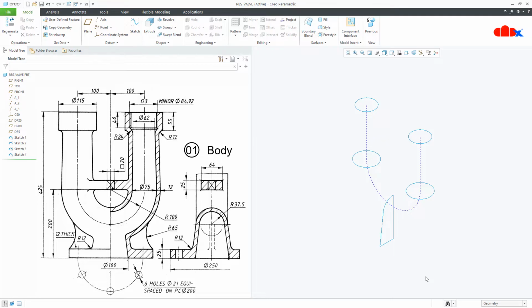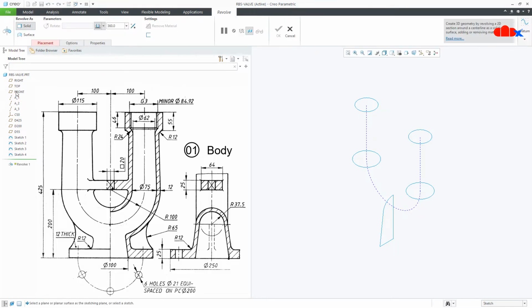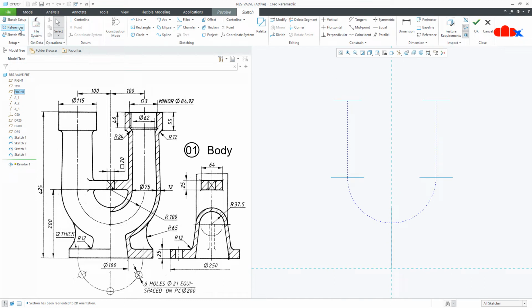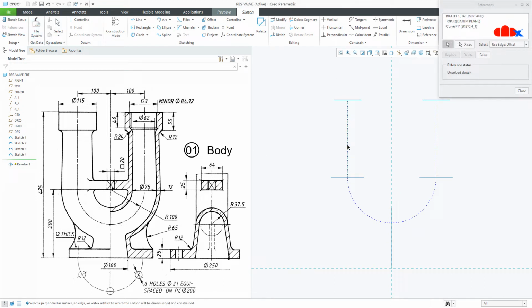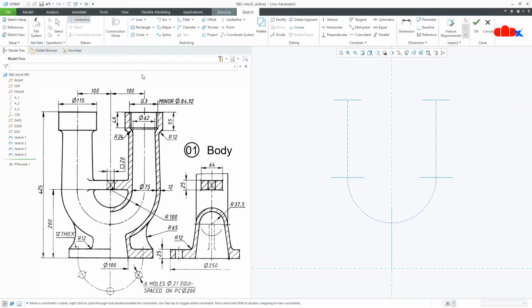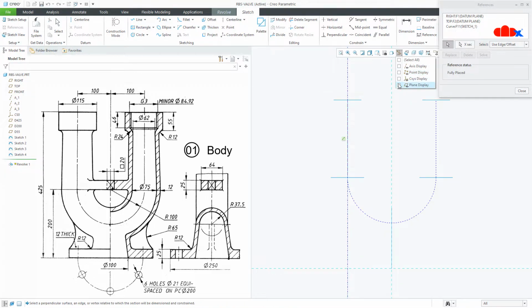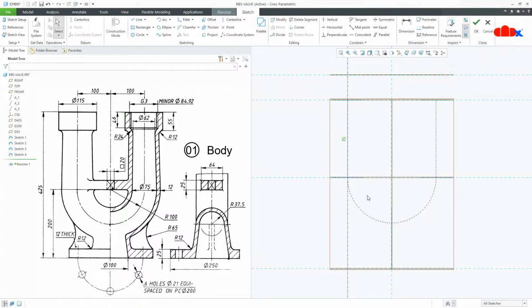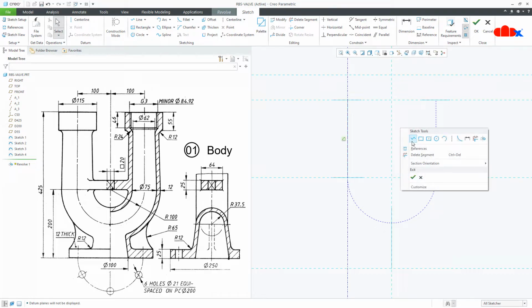Now let's begin with the add material features. First I'll go to revolve onto the front datum plane, normal, reference, select this as a reference, place a datum center line. Once again go to the reference, switch on the datum plane. So select this as a reference, this as a reference and this as a reference. Now start the sketch using line.